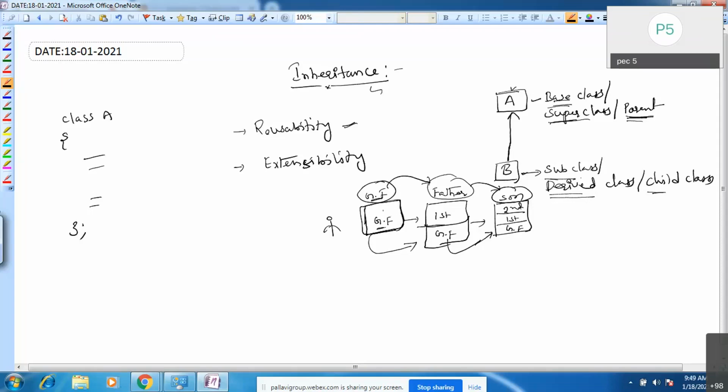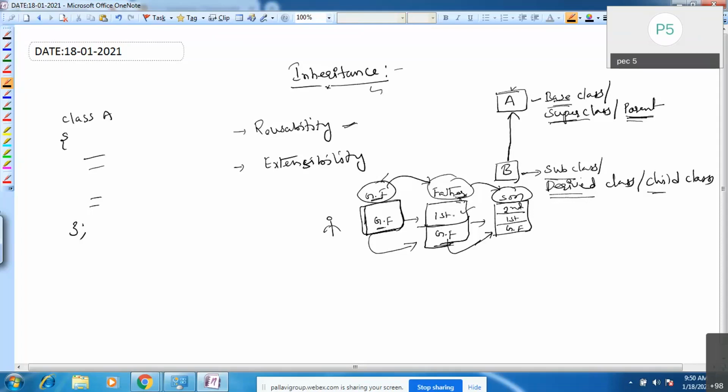Whatever the grandfather class has, all the properties will exist inside the father class. You can see you have the ground floor, and the father class may have some other properties as well, just like he constructed one more floor, the first floor.